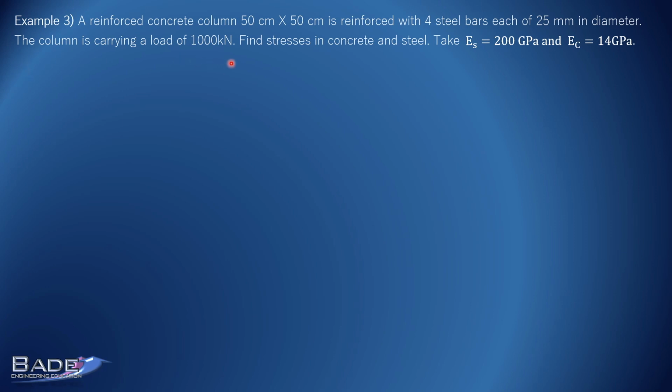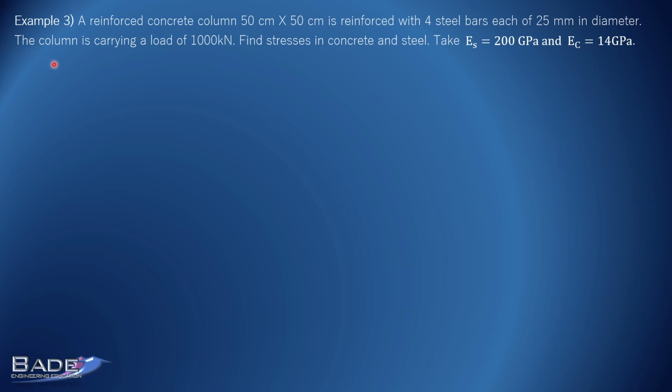Columns carry always compressive load, so it is understood. Remember what I said, columns are necessarily vertical members carrying compressive loads. A vertical member carrying compressive load, that is called column. There is a separate chapter in strength of materials on columns. So you will study columns much more in detail in that chapter. But right now just remember this, a vertical member carrying compressive load is a column.